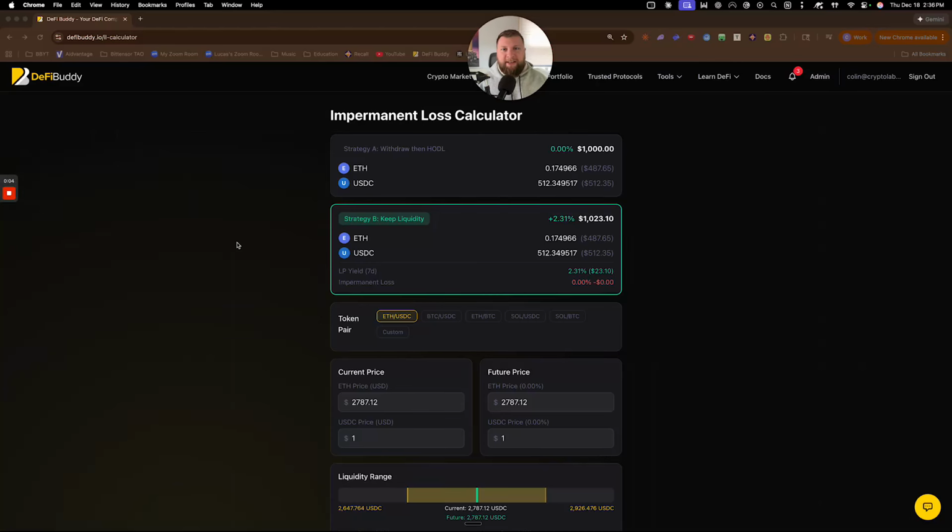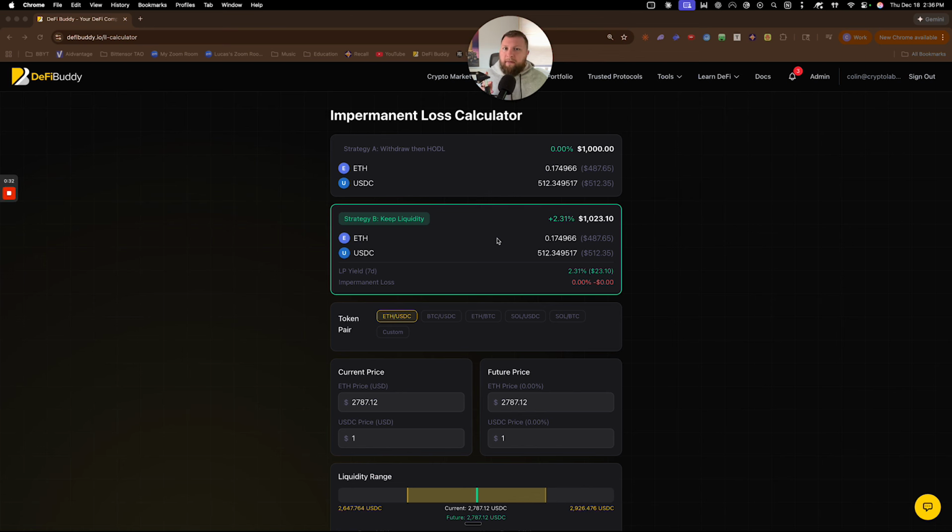My name is Colin Mason, and today I'm going to be talking through how I use this impermanent loss calculator. It may not be what most people do when they use it. A lot of people are trying to compare what my position could look like if I enter a liquidity pool compared to what it would be if I had just held them, right? Comparing strategy A and strategy B, or these two scenarios, it shows us how impermanent loss impacts our